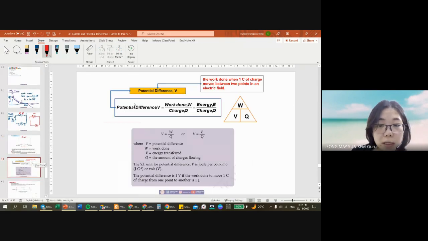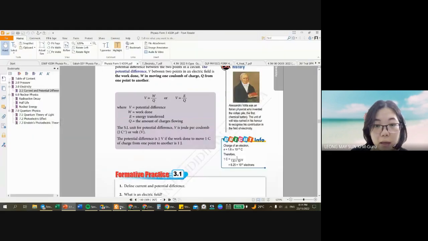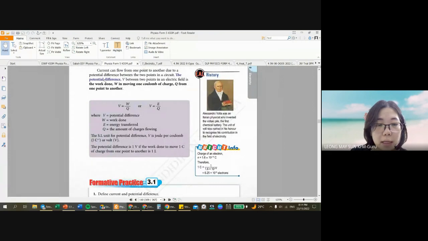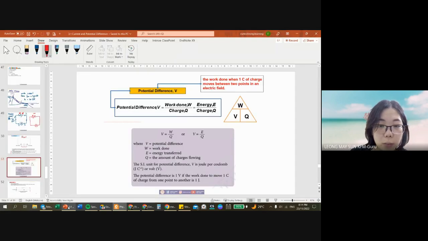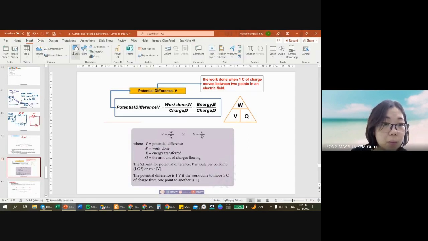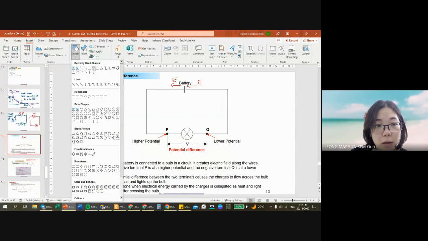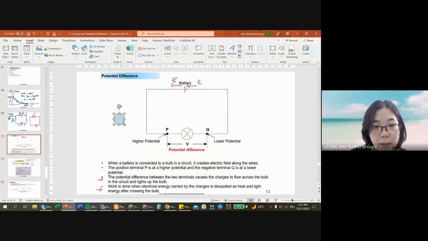Okay, so the textbook definition of potential difference is this one. Potential difference is the work done, W, in moving one coulomb of charge from one point to another point. So, which means that if I were to have,